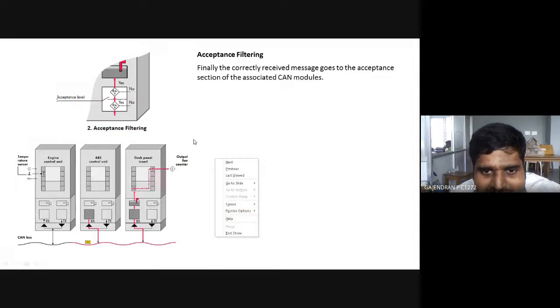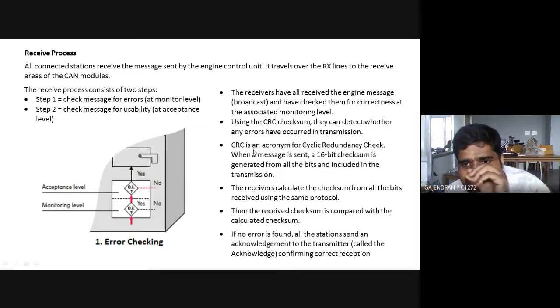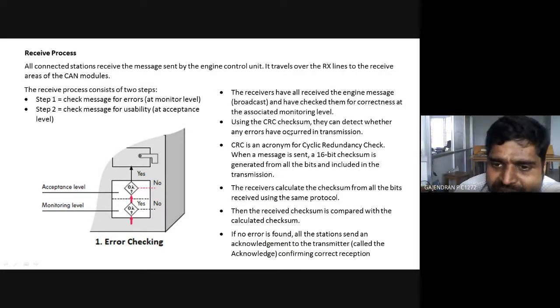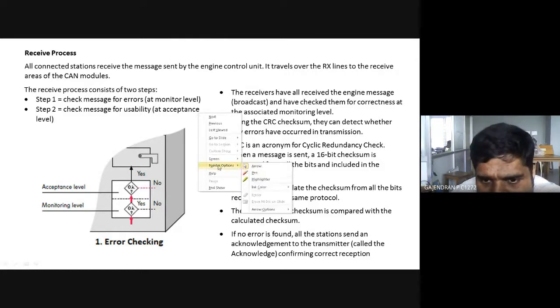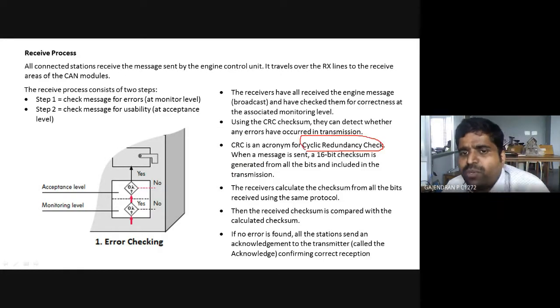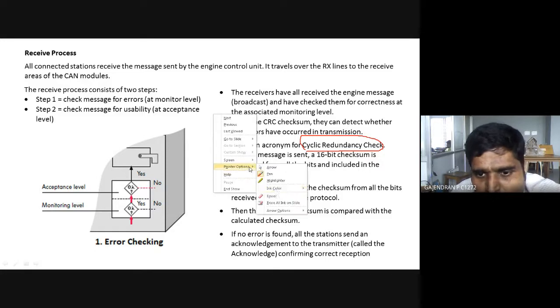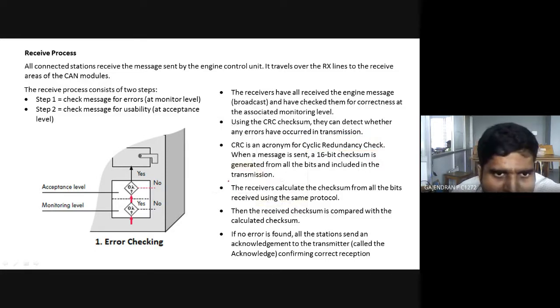Listen, how we check this error is by a check called cyclic redundancy check, which we will explain while discussing the frame format. At this point, just note down the keyword cyclic redundancy check. I will tell you how this cyclic redundancy check works in the later slides. Okay? So while you receive, you need to do two things: check for error, check for usability. If the two levels are passed,